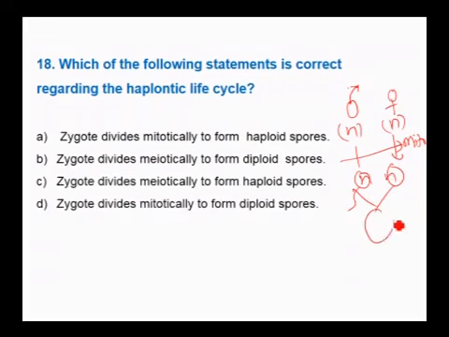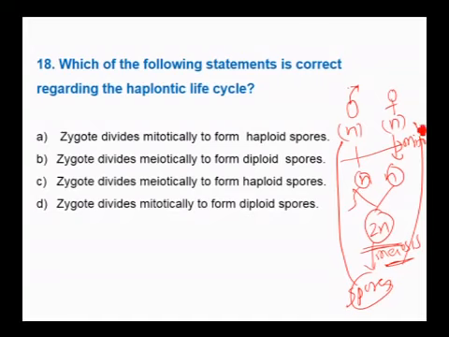When these two fuse, you will get a diploid zygote. But here, the zygote will not develop into a sporophyte. It undergoes meiosis. So zygotic meiosis is a characteristic of organisms that exhibit the haplontic life cycle, like Volvox, Chlamydomonas, Spirogyra, etc. This undergoes meiosis to produce the haploid spores, which develop into gametophyte. Therefore, here the diploid condition is restricted only to the zygote, and all major stages are haploid. Therefore, it is called the haplontic life cycle.